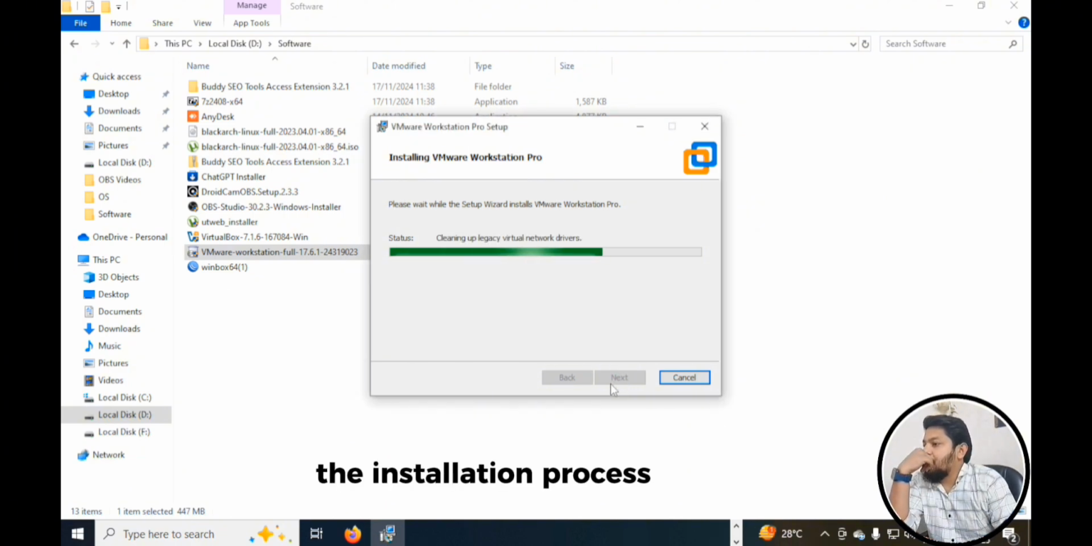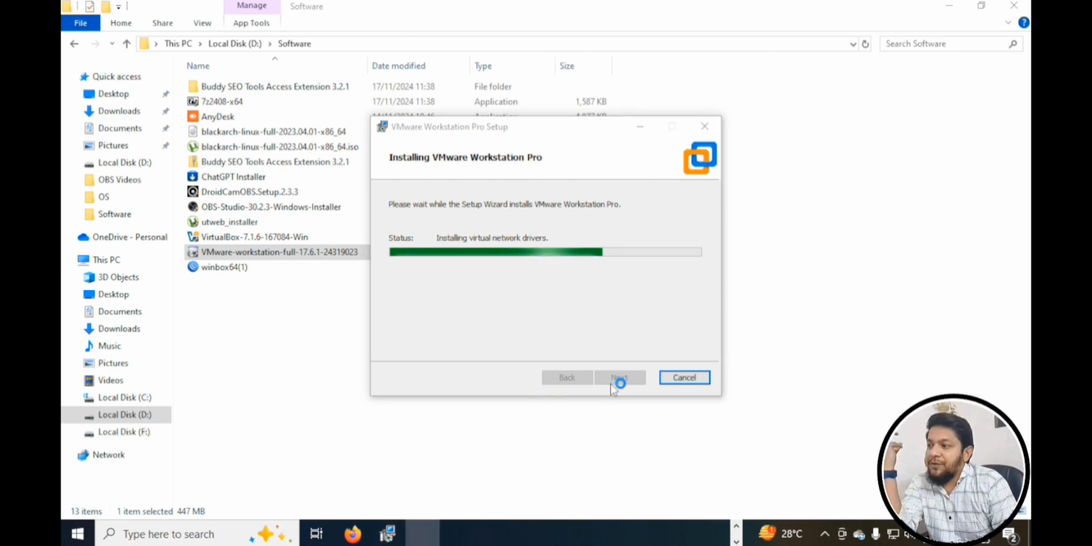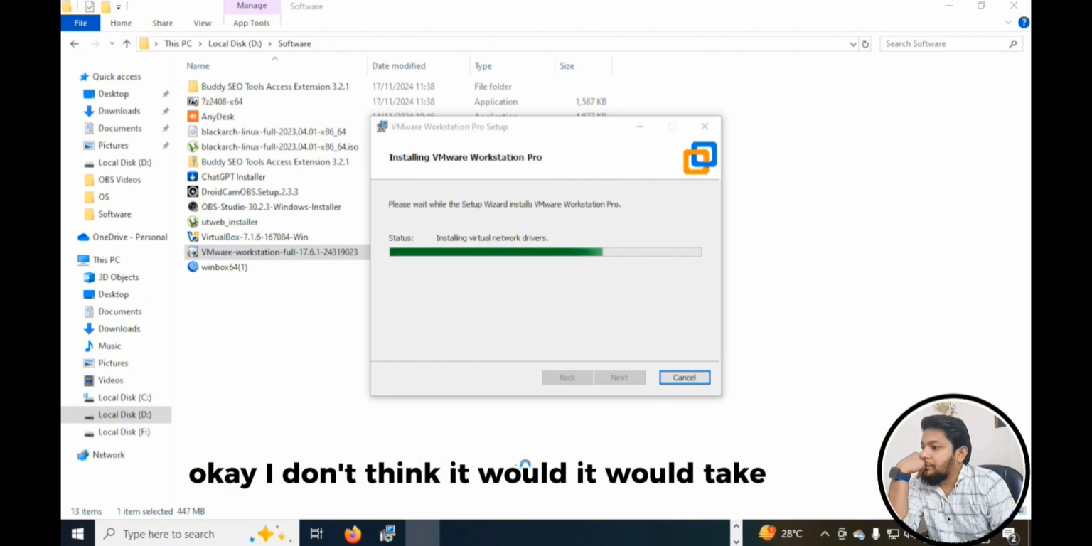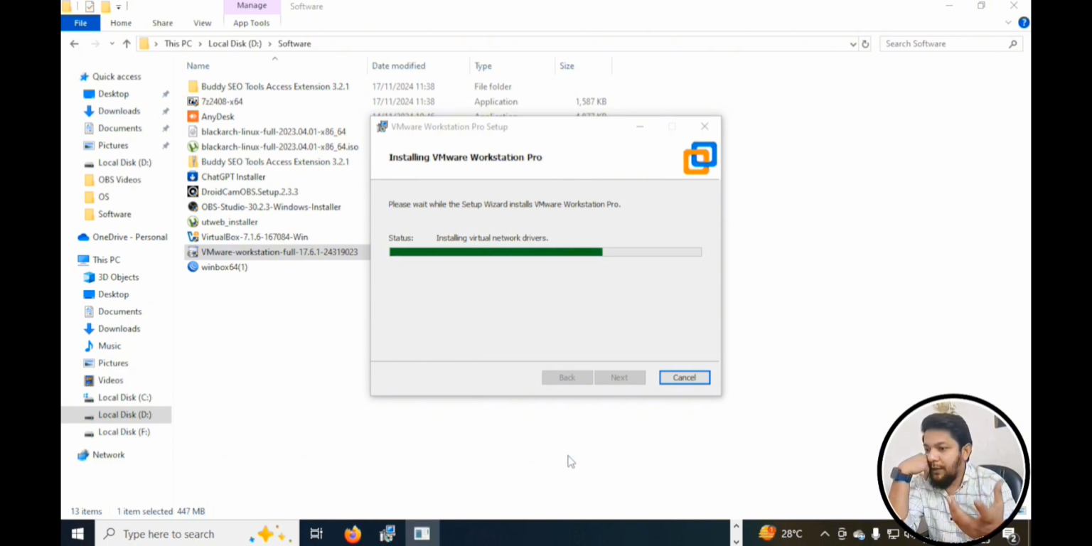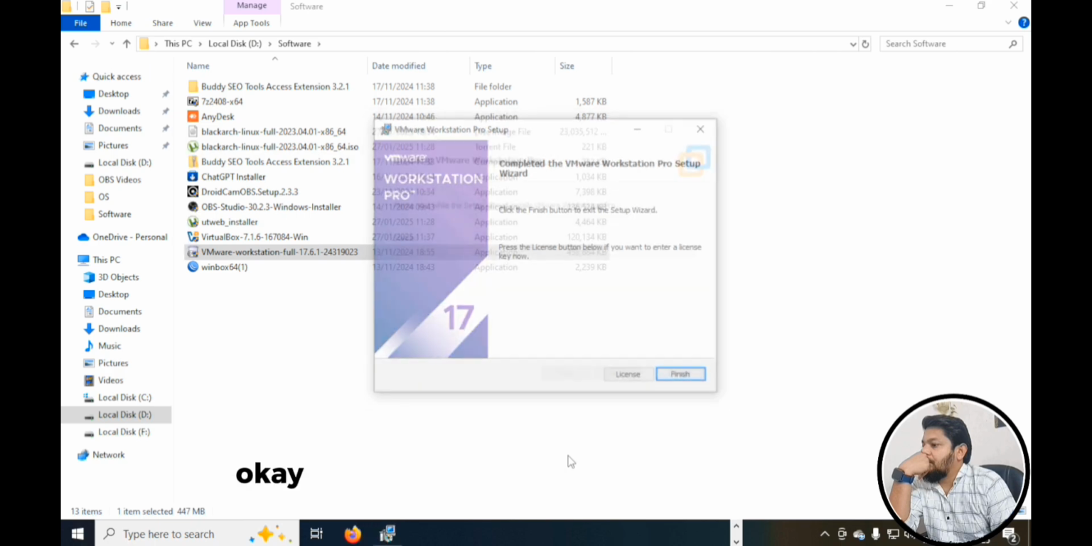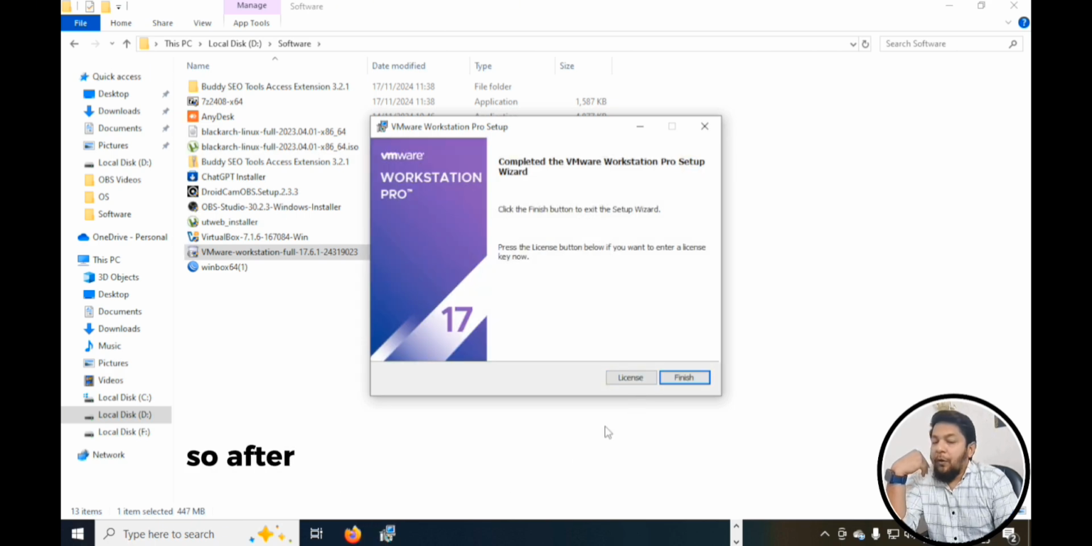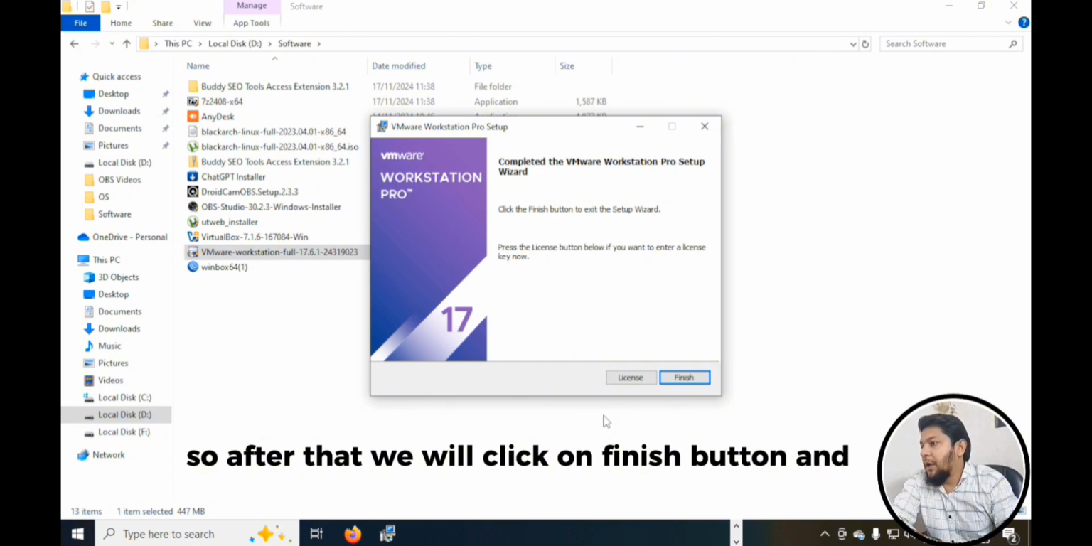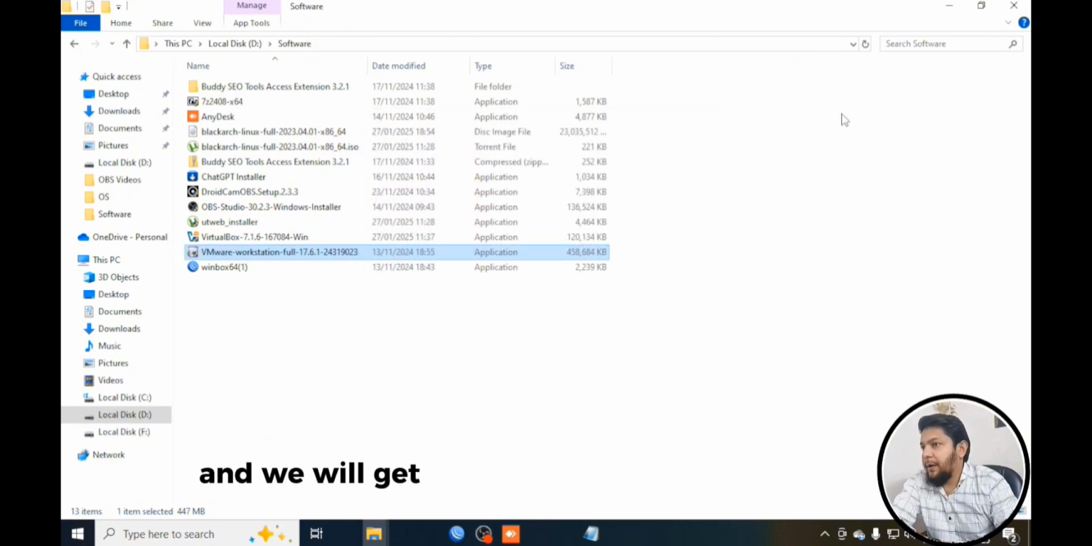The installation process is running. Okay, I don't think it will take much time. Okay, the installation process has been done. So after that, we will click on the finish button and then minimize it, and we will get our VMware Workstation